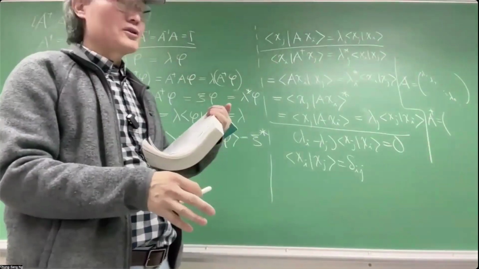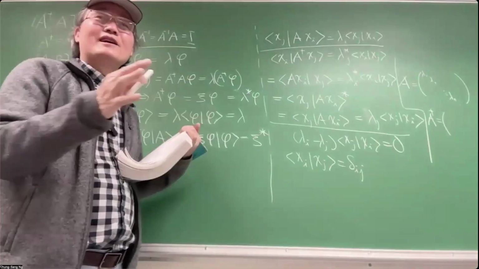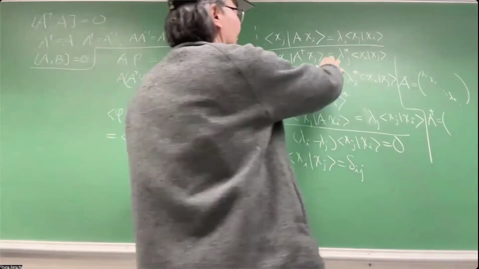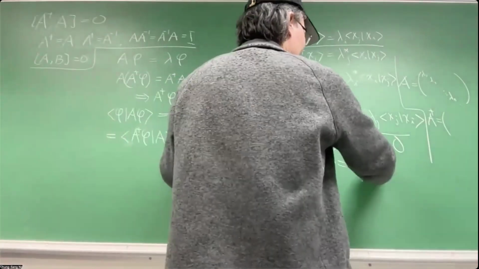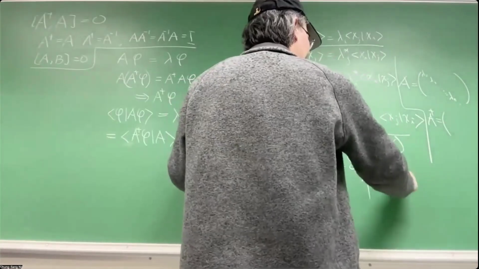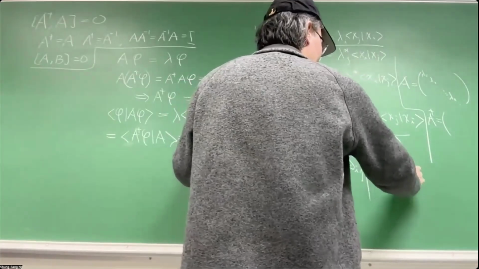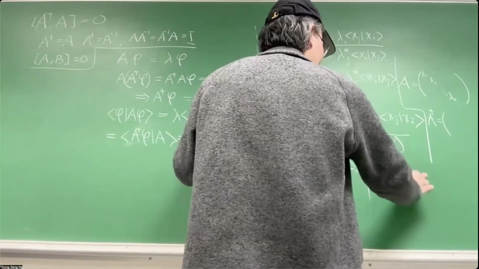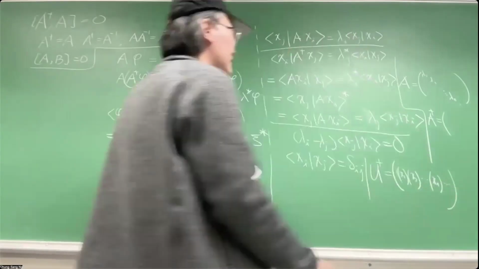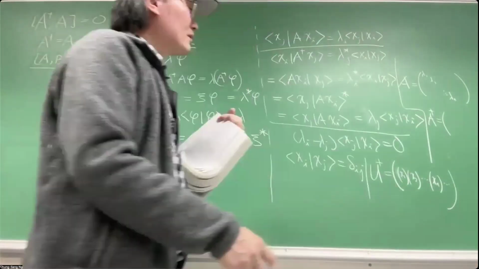But for A dagger, they are not the same. They're still diagonal with the same unitary matrix, so the matrix is of a similar form, but the diagonal entries are slightly different. Instead of lambda, you get lambda complex conjugate. The unitary matrix that we form is like what we discussed before: the eigenvectors as column vectors put together, x sub 1, x sub 2, to x sub n, forming a unitary matrix or the adjoint of the unitary matrix,